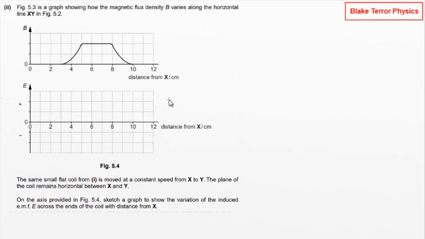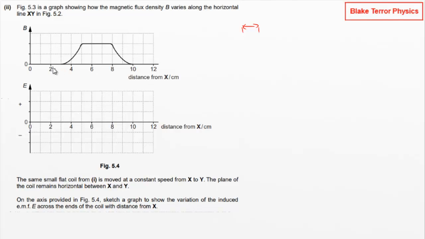The same flat coil is moved at a constant speed from X to Y. The plane of the coil remains horizontal between X and Y. On the axis provided at the bottom here, sketch a graph to show the variation of the induced EMF across the ends of the coil with distance X. There is a little bit of ambiguity on this because we don't know how wide the actual coil is, and that is going to matter